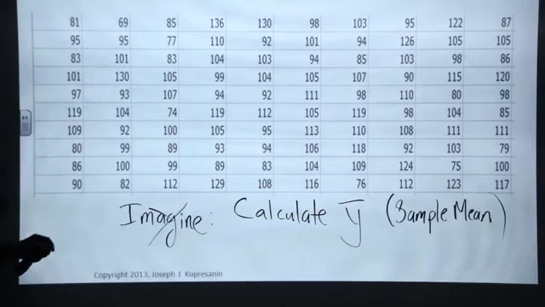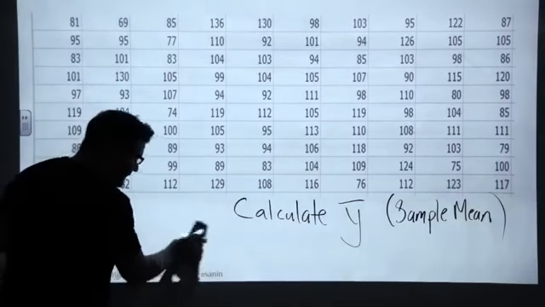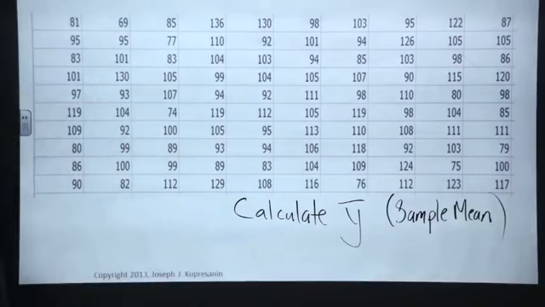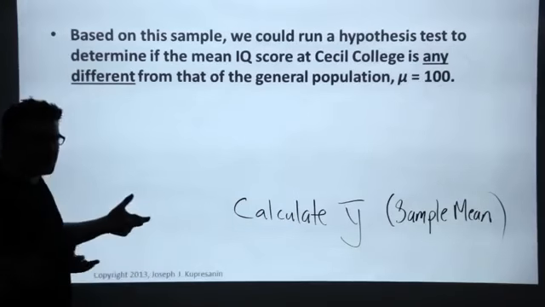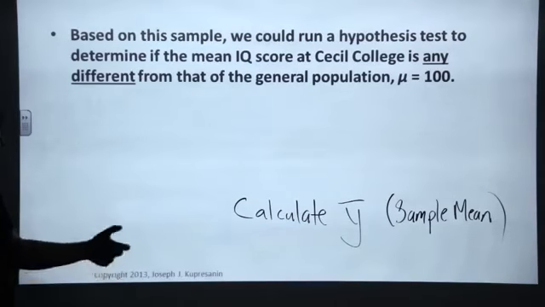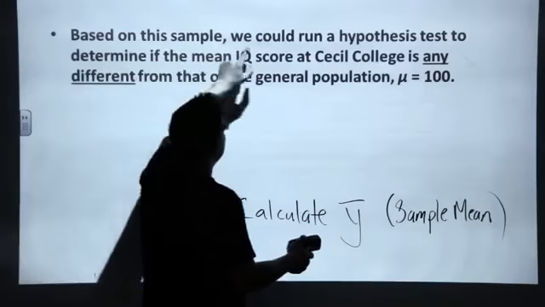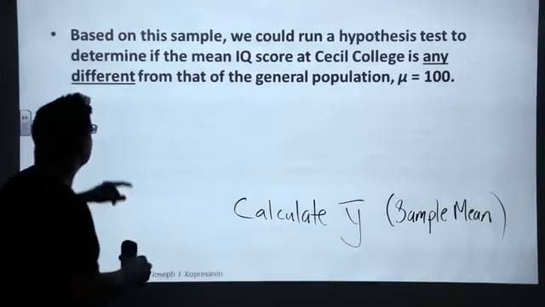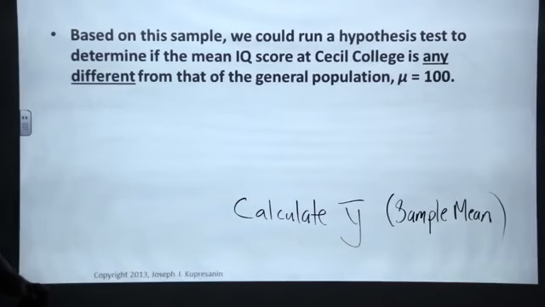What if I just said, throw those data values away, put them back into the general population, take another sample, and then go again, and go again. Infinite number, just keep taking samples of 100, keep giving those IQ tests. Based on this sample, I could run a hypothesis test to determine if the mean IQ score at Cecil College is any different. Right? We could. We're going to develop those ideas. But what we have to remember is that, well,